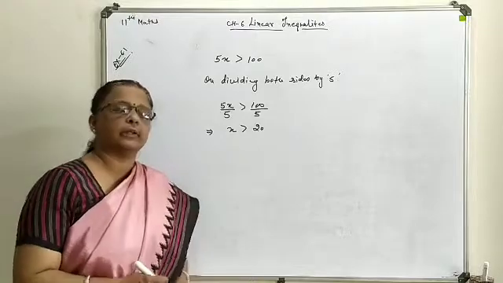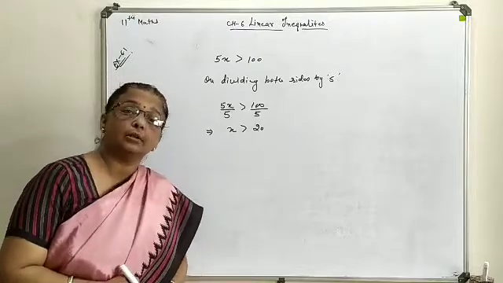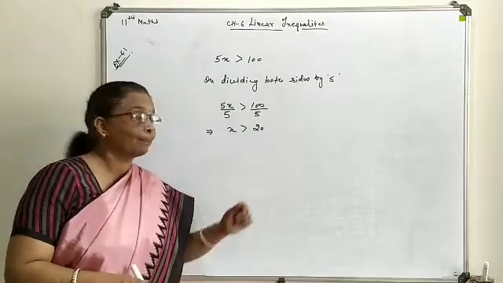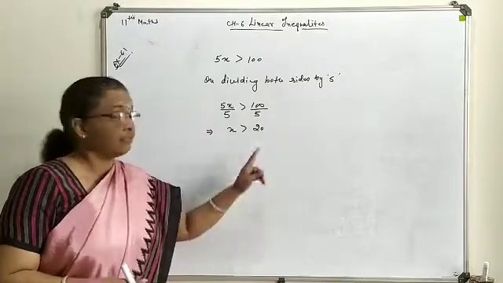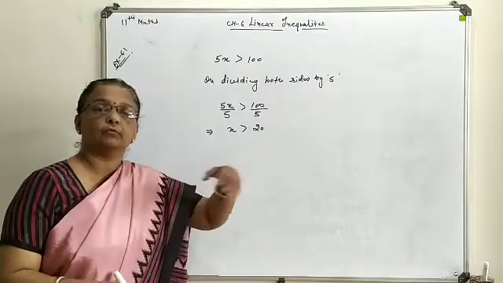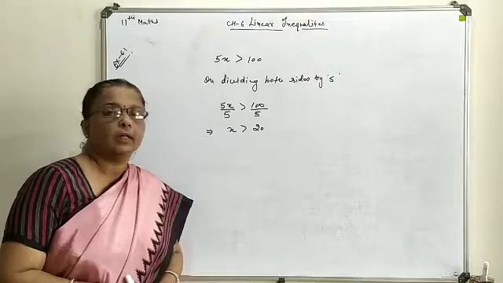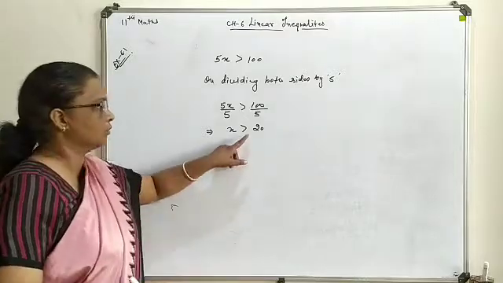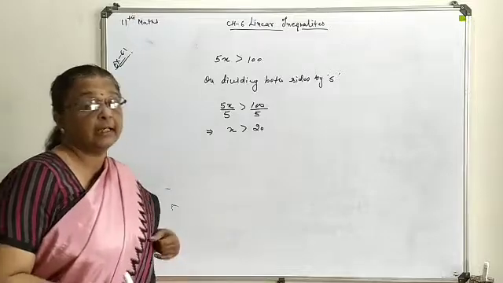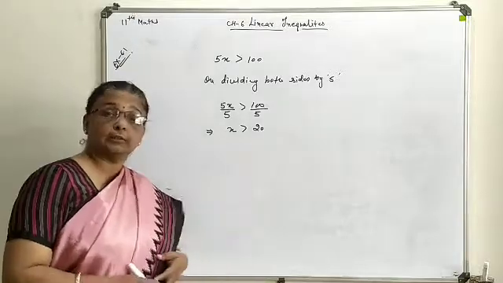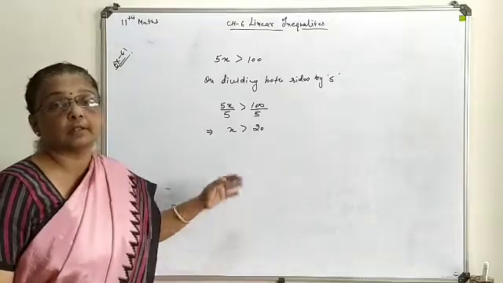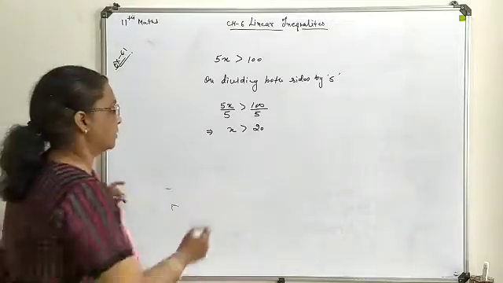Now here we have to write the solution in a natural number. Natural number means obviously you will start with the number which is greater than 20. Means 21 onwards, whatever the solution here you are having, you will have over there. And if you are talking about the integers value, accordingly it is to be written. And if you are talking about the real number set, at that time open interval you will use. So if you are writing the solution in your natural number set,